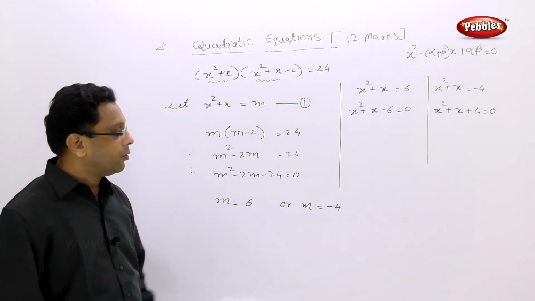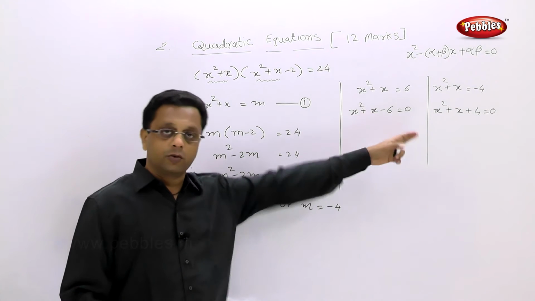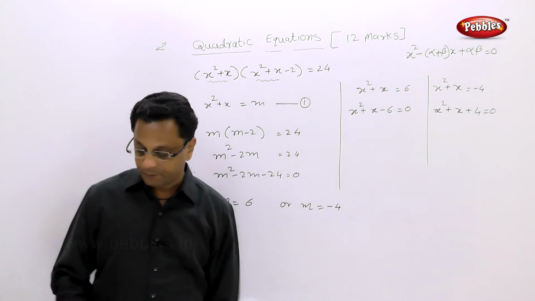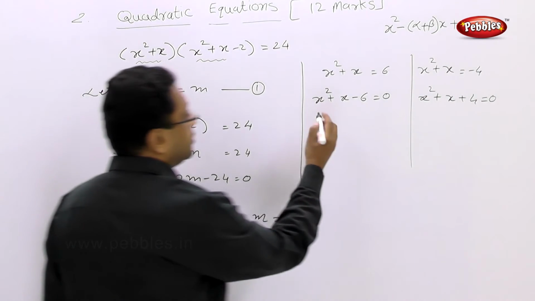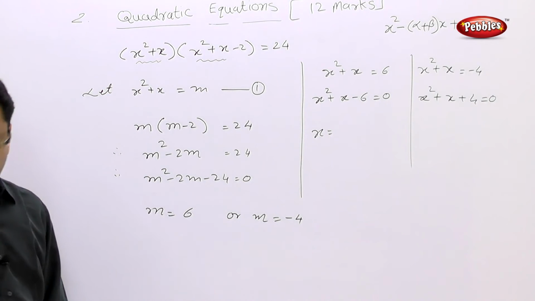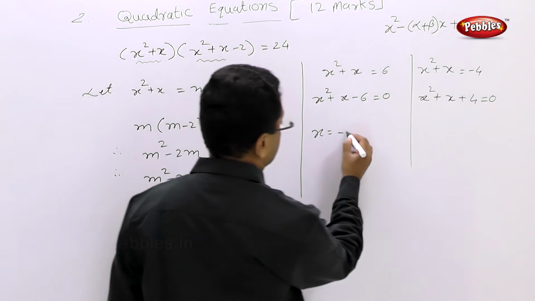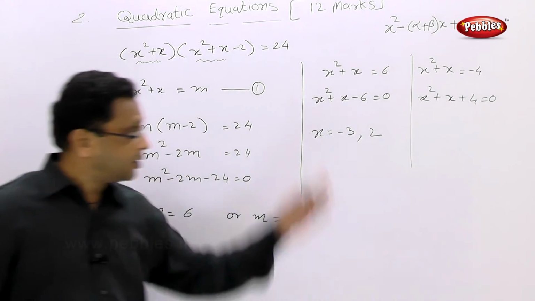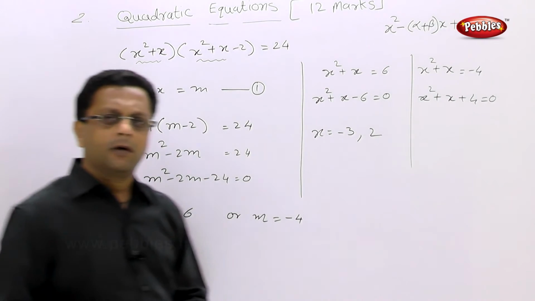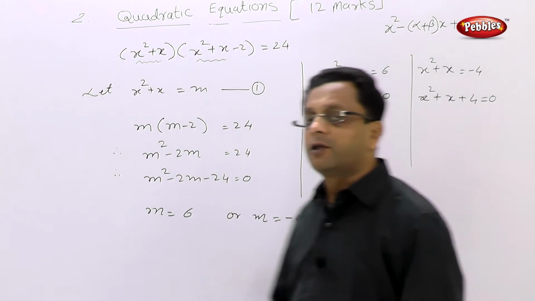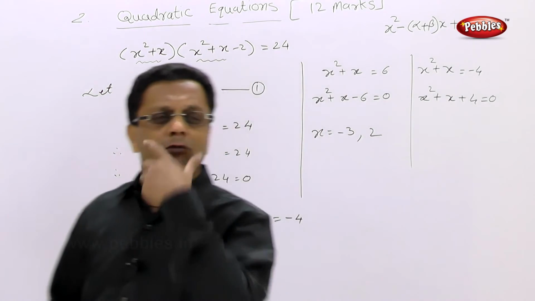Now pause your video and quickly solve these two quadratic equations and we'll get the answer. Do it. Here x, you should have got minus 3 and 2. But what about this case? I am 100% sure that all of you must have tried by factorization method and it is not